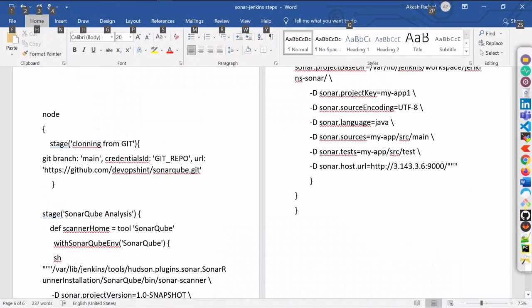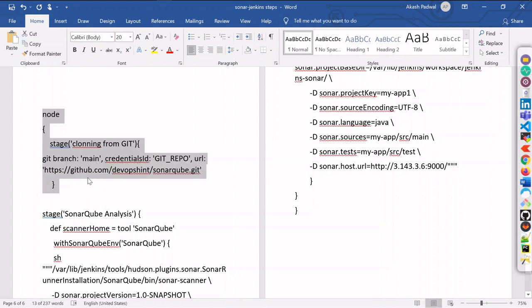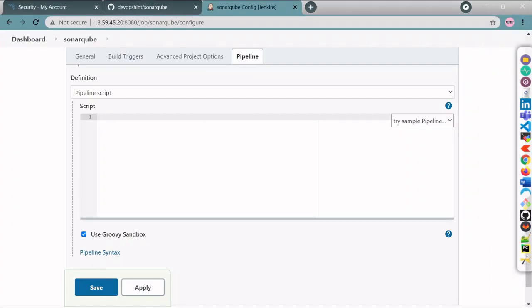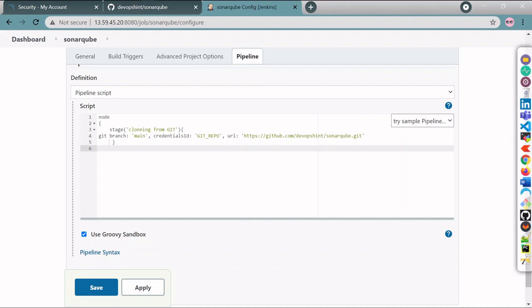If you are using our GitHub repository, it is a public repository, you can easily use it. I will drop this Git cloning code and these properties in the description box. Simply take this and provide it in your Jenkins file.